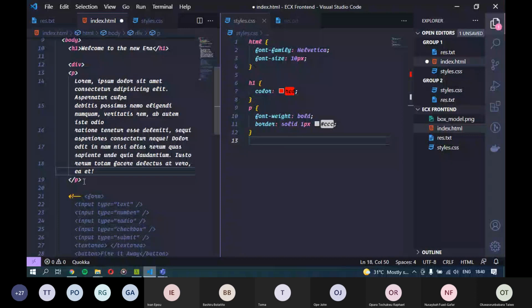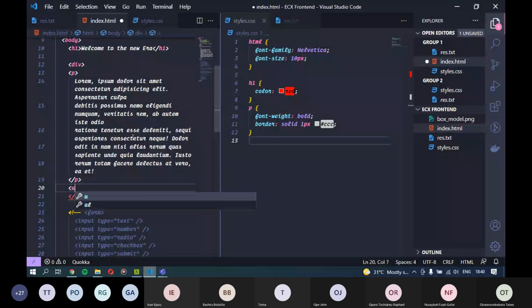The div is just a container. It does not hold any meaning. So that's why front-end developers are advised not to use too many divs inside of their code, because it does not hold meaning. It's just for styling. So let's say inside of this div we have a paragraph